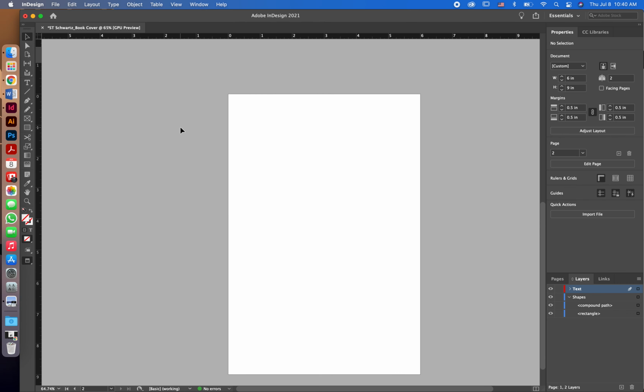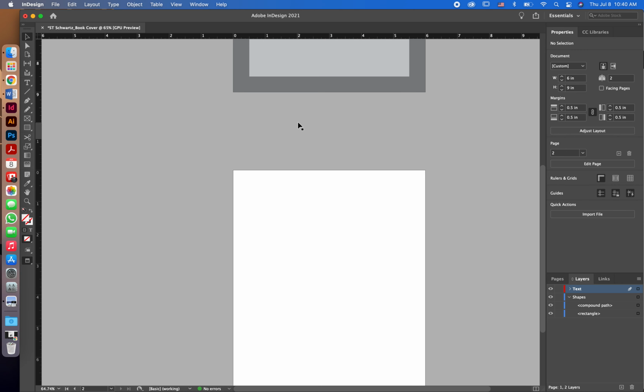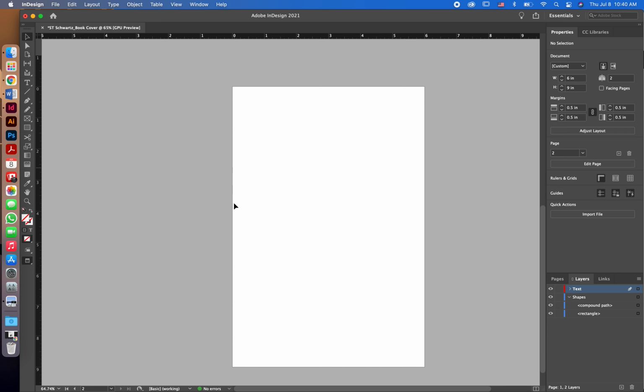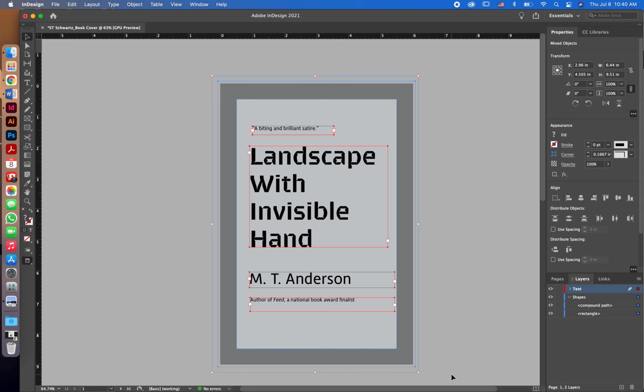Now, we do have two documents. I don't need to keep changing things from here. Rather, what I'm going to do is I'm going to make a second version over here. Now, I don't want to have to redo everything, so I'm just going to select everything. You can also hit Command or Control A. That will select everything. Now, if I hit copy and paste, it's going to copy it all onto one layer,